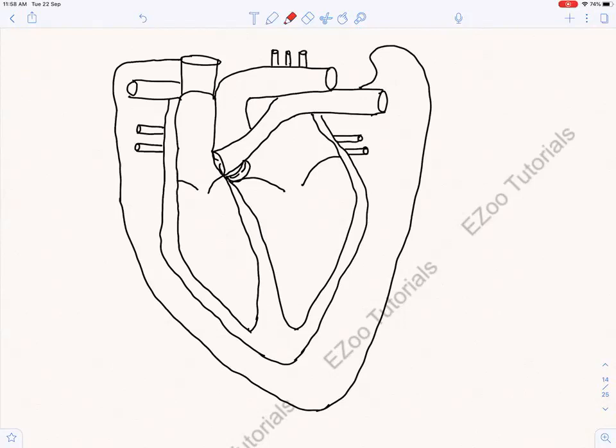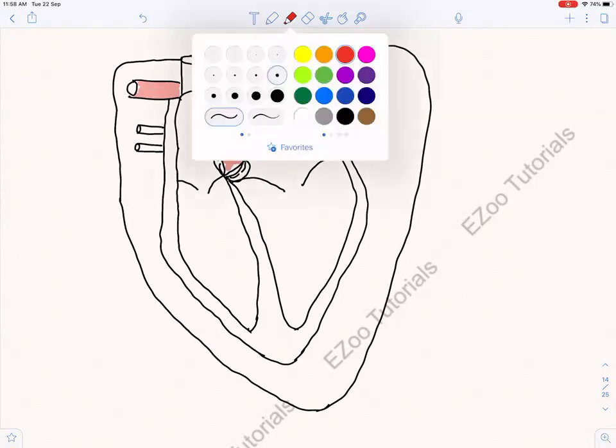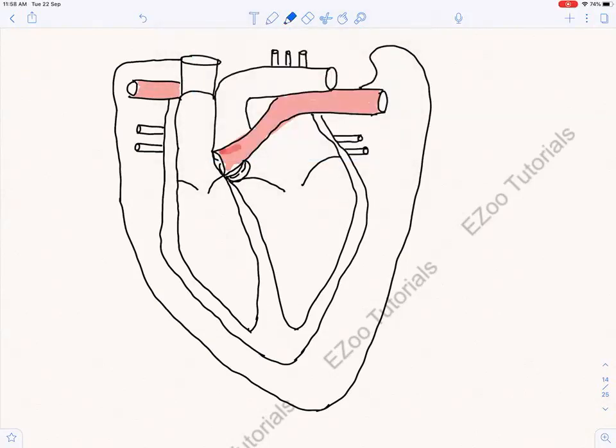So what we can do is first let me color this red. And if you have a color or a sketch pen or something, you can do it. It looks really nice and it becomes really easy to understand.